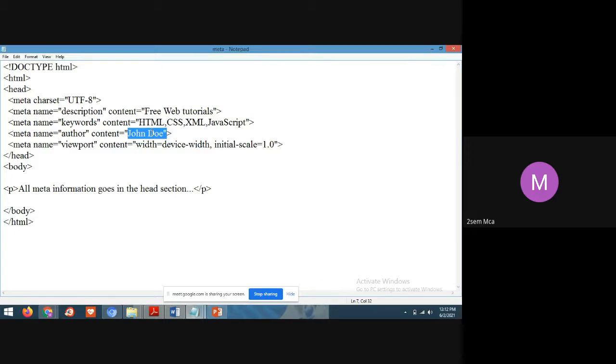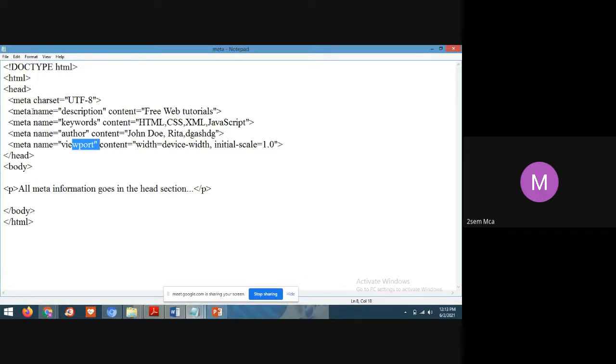You can give many authors here: Joe, John, Rita, any other names, any information you can give. So from this, we understand the description of the program, the keywords used, the author details, or the viewport of the program. All this meta tag contains additional information.